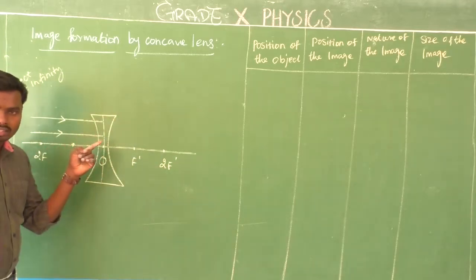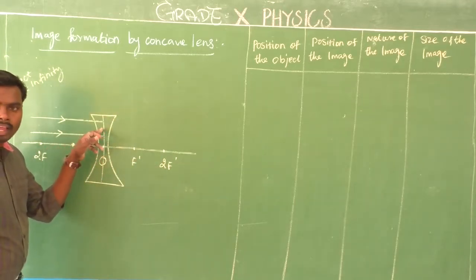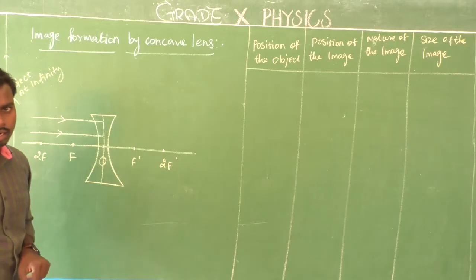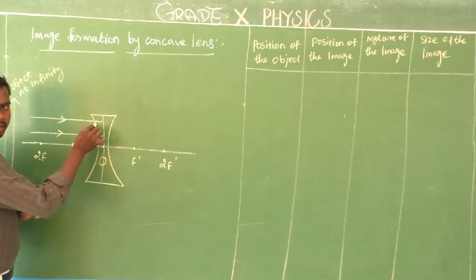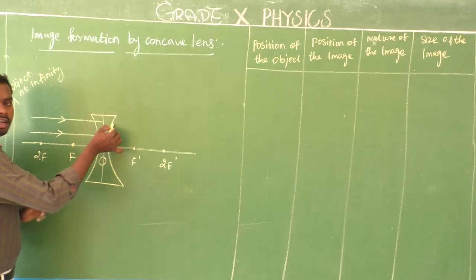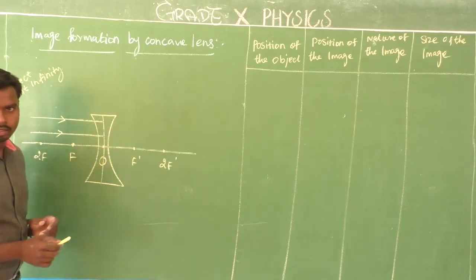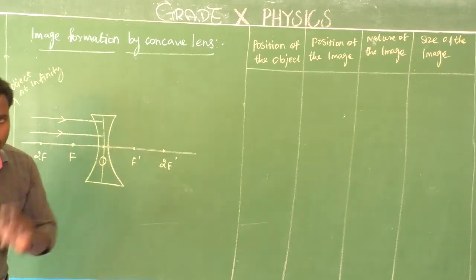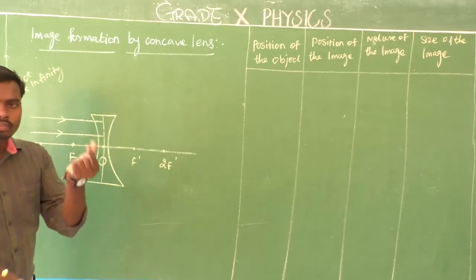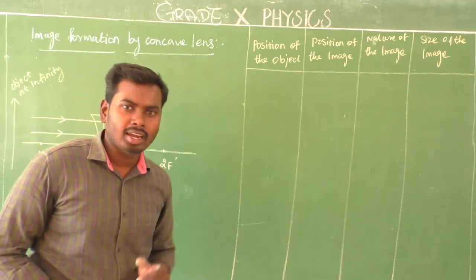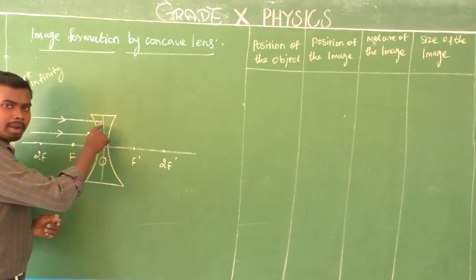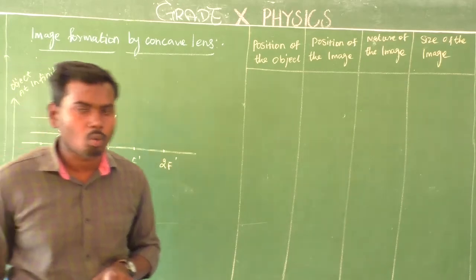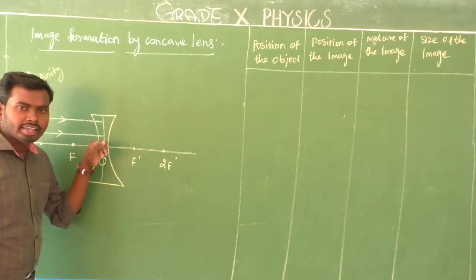Actually, the refraction takes place twice. Look at here. Here is the surface of the lens, and then another surface of the lens. Here refraction takes place twice. But due to the very small thickness of spherical lenses, I am going to consider here that the refraction takes place inside the concave lens. Where? Inside the concave lens. Is it clear?